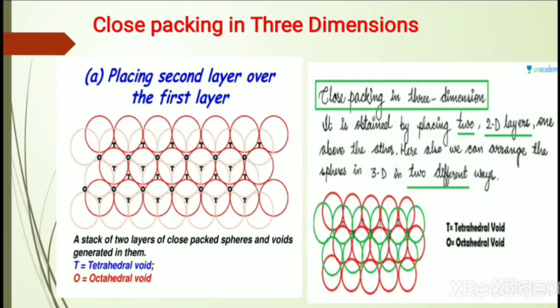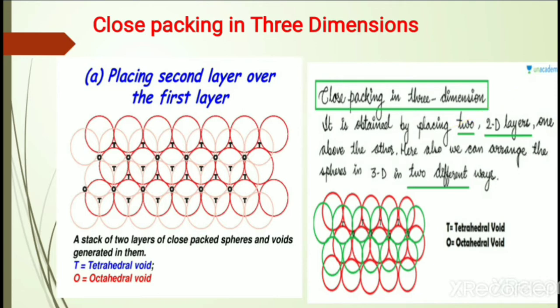When the spheres of the second layer are placed over the first layer, what is the arrangement? Below, three atoms are present. Then, placed above the three atoms, one more atom is there. So that gives the tetrahedral void. Then close packing in three-dimensional structures.